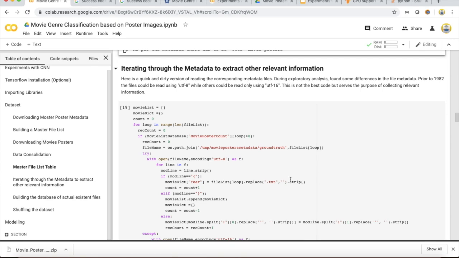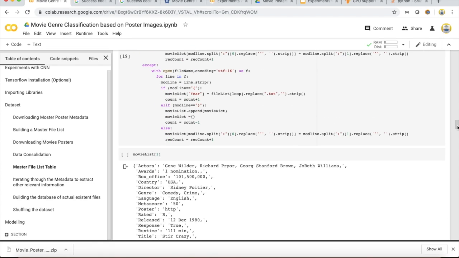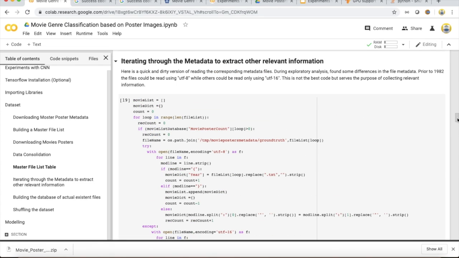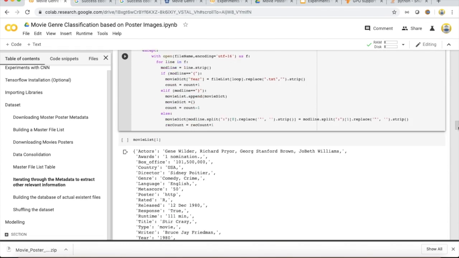As you can see here, I'm iterating through each of those files, and I'm collecting certain information like the year in which the movie was released and so on. I'm building a dictionary object which contains all the data points. All the data points are in separate files, and I'm consolidating them into a single file structure. So let me run this, and as you can see here,